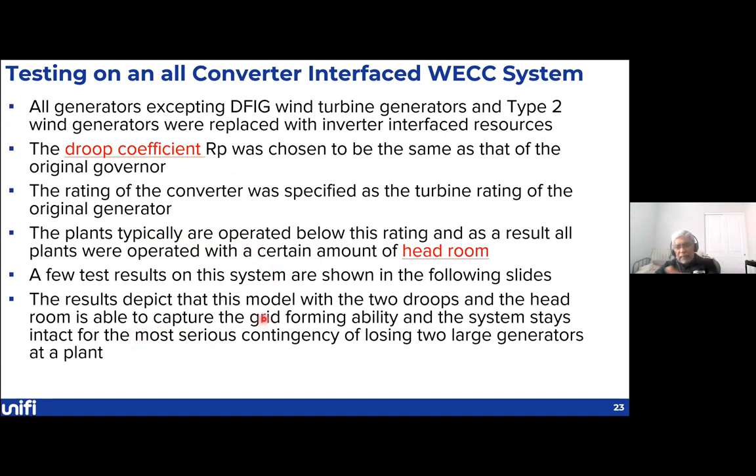And the results depict that this model, with the two droops that we have, one in the active power loop and one in the reactive power loop, and allowing for this headroom, to a certain extent captures the grid forming ability of the system, and the system stays intact for even the most serious contingency in the WECC, which is a loss of two large generators. They are at the same generating station. It's a huge generating station with three large generators, and the loss of two units is considered to be the